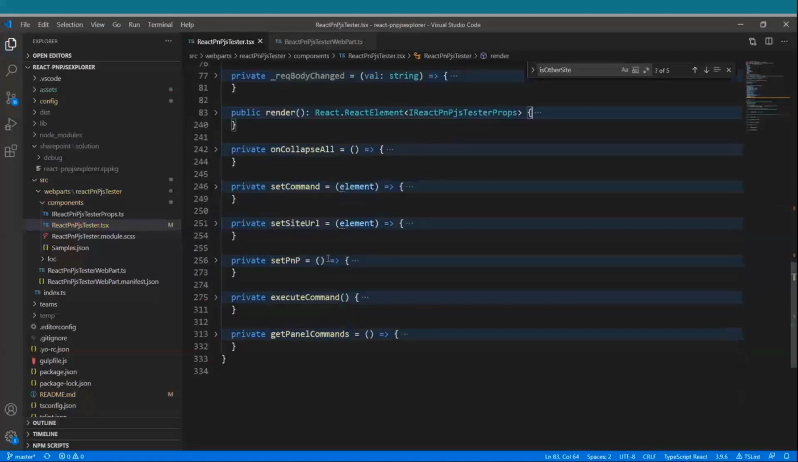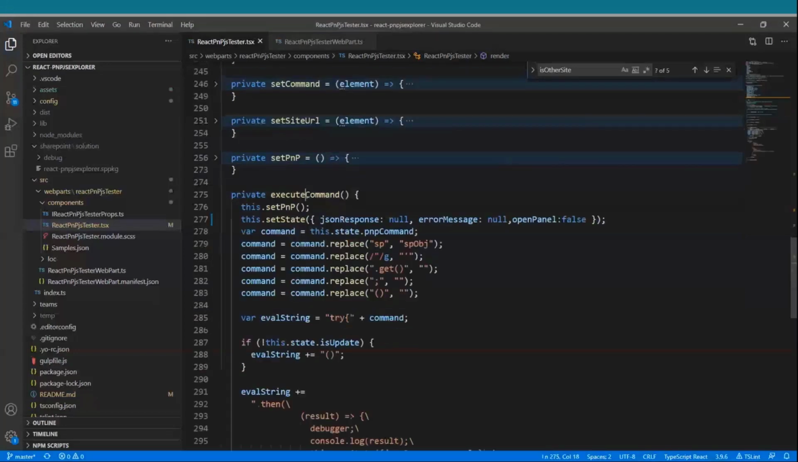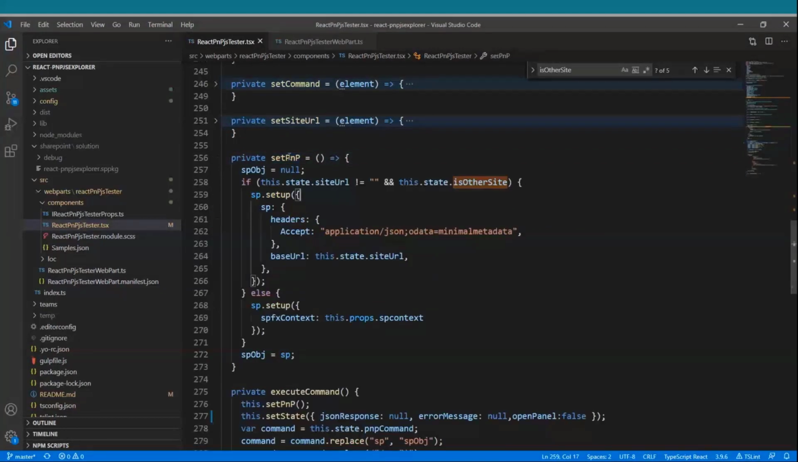Then another thing is the main method, which is the execute command, right? This is the method which gets called when we click on the run query button. The first thing we do is set the PNP method. Within the set PNP method, what we have is, if the option is selected for other site collection URL,